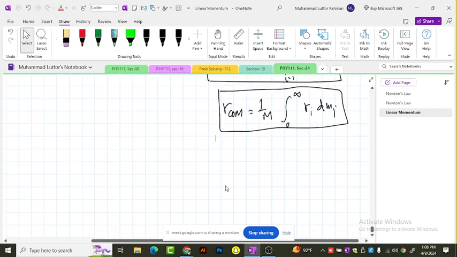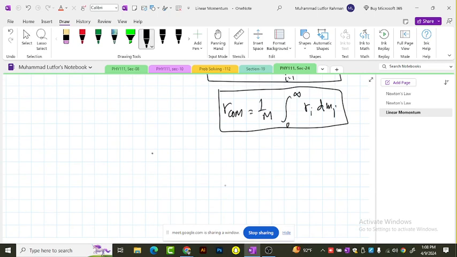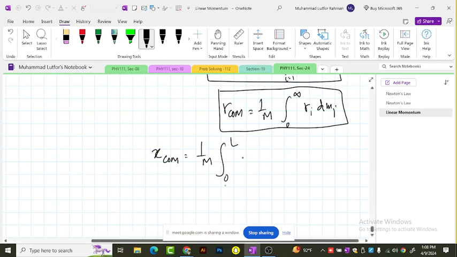Now if we want to find it for this specific rod, I'll write x com equals 1 over m, integration from 0 to L of the smaller mass dm into x. What I'm doing by this, basically,